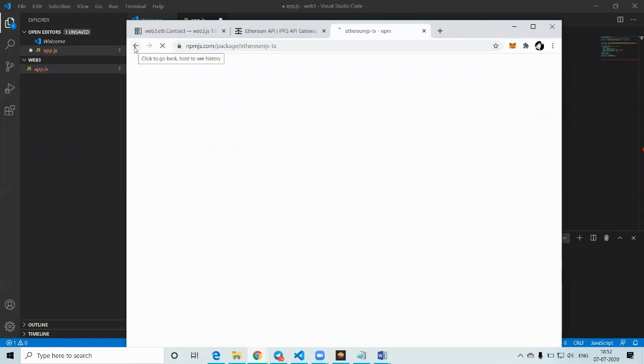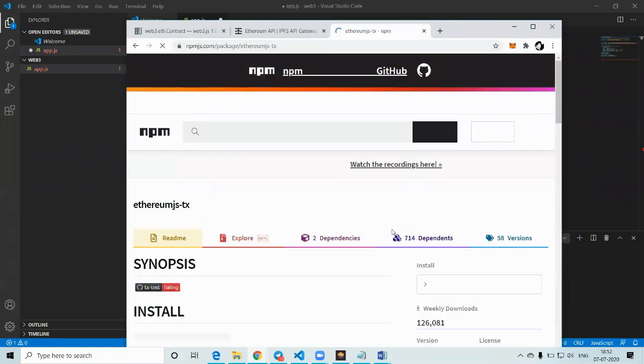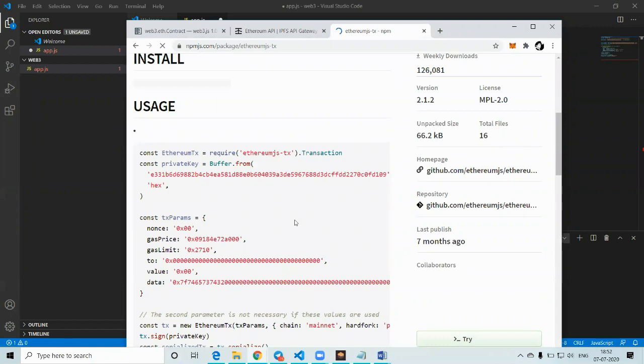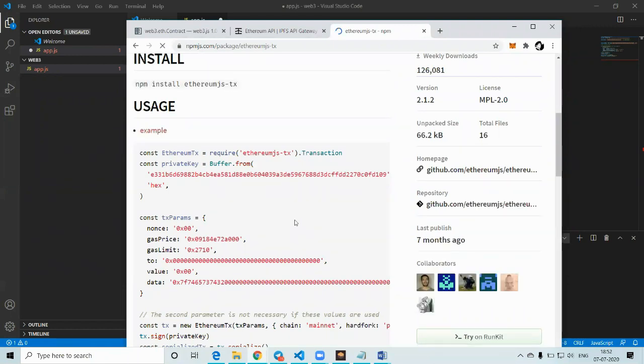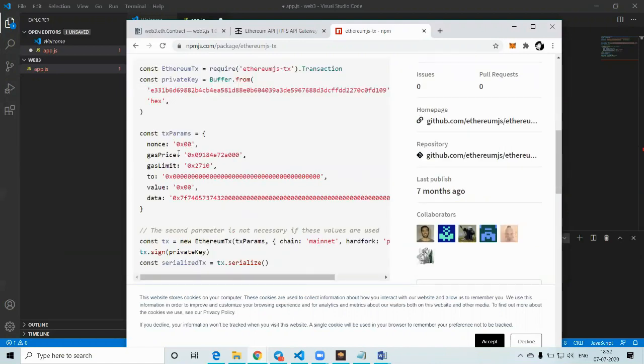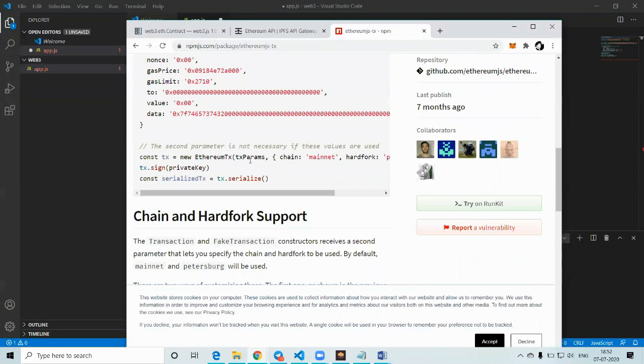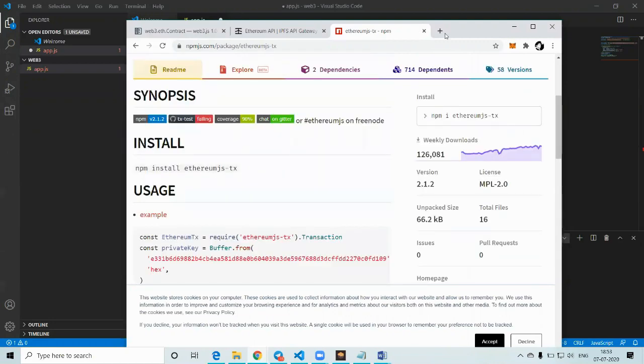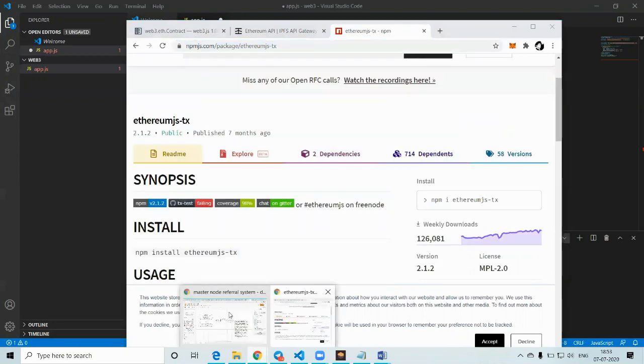Just install it, and you'll be able to check out the usage here. Let's see. So require Ethereum transaction, the private key, the nonce, the gas price, gas limit, value, data. This data is also not that required, but similarly, if you go to any transaction, you get all this. Even if you're trying to send some fake ether from MetaMask,